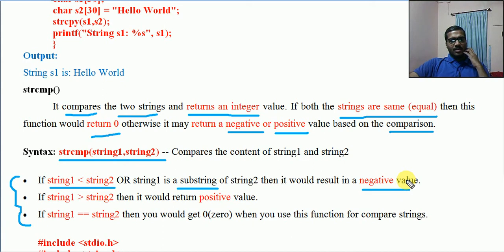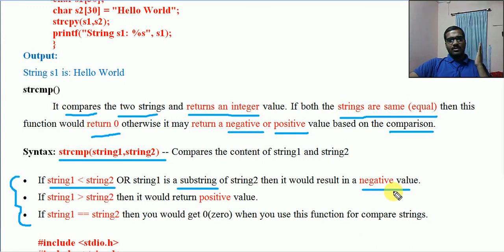Similarly, different strings are to be compared. First it checks whether they are exactly equal. In a class, the comparison cannot always be equal. There will be 60 students with different names. So we need comparison between different names, and based on the comparison, we need to reorder. If the first string is less than the second string, or the first string is a portion or substring of the second string, it returns a negative value.